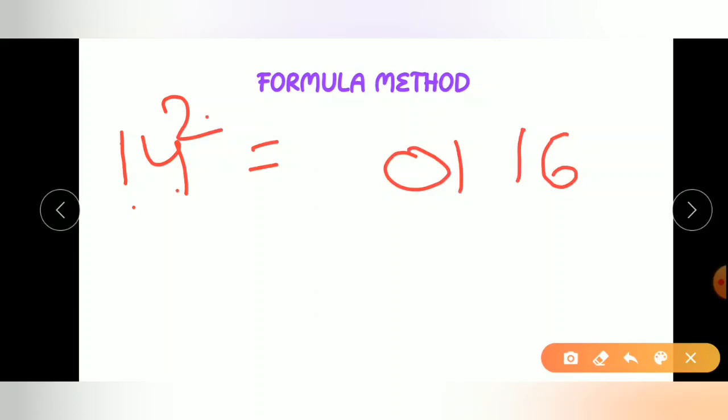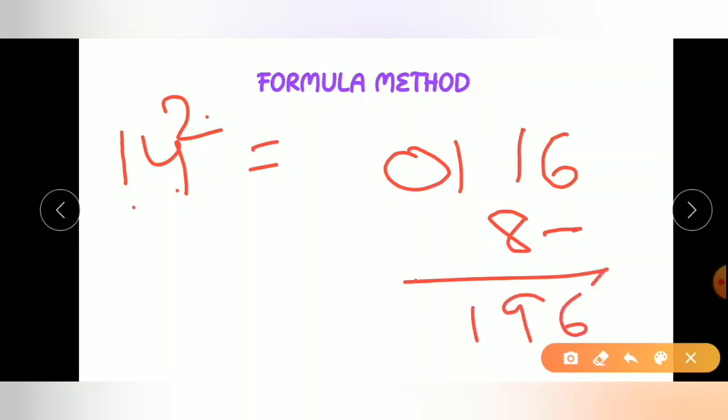Next, 14 square. We write 16 as the square of 4, and the square of 1 is 01. We have to multiply these three numbers 1, 4 and 2, which gives 8. So write it left of one place, giving 196. In this manner we can find all the numbers. But this can also be reduced in some manner, which can be done very quickly. Let's start. We have to write the square of 16.